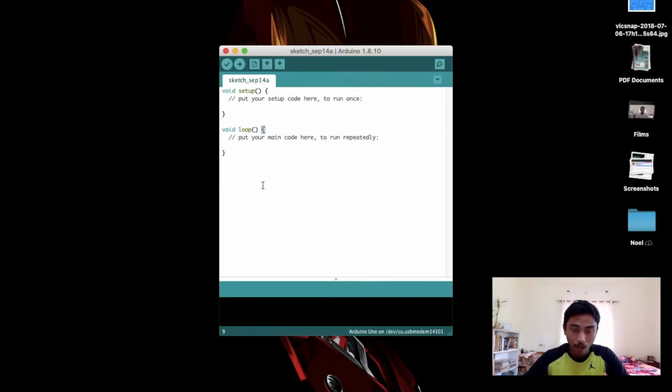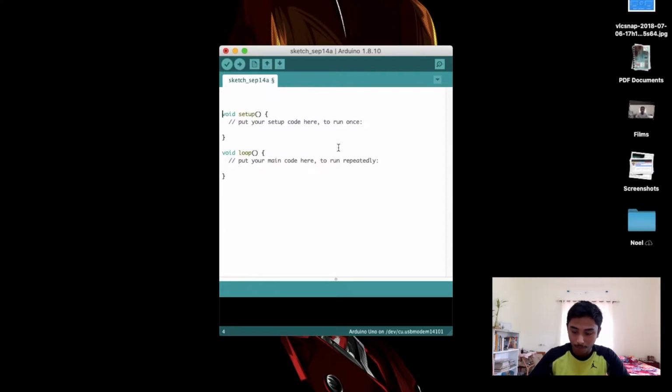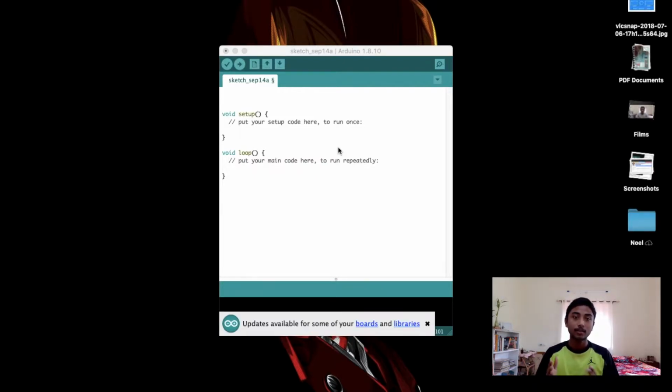So now let's see how to create the first program and what are the things that we need while creating it. The first thing we have to do is bring this void setup line down by pressing enter, and then we need to go up. The first thing that we need to write before this void setup is what we are going to tell the Arduino board, that is, what are the things that we are going to connect.